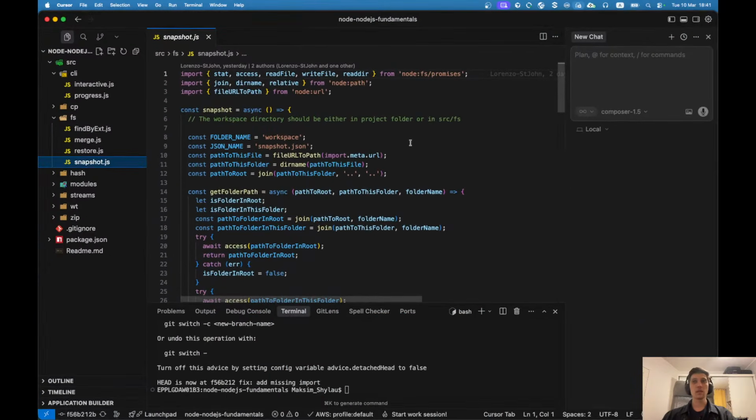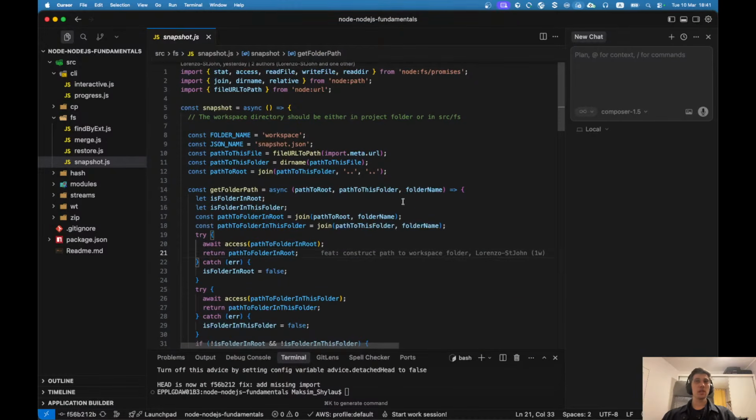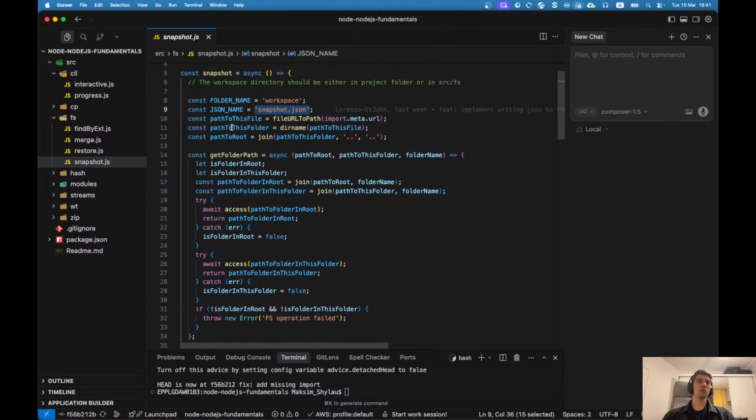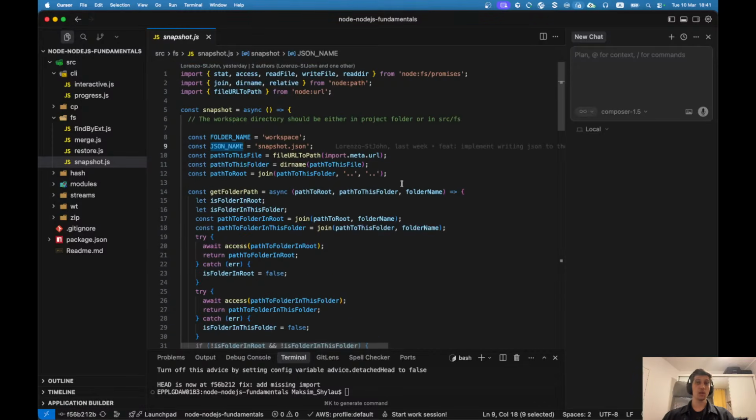Okay, snapshot. So we can see that we have some constants with important names, which is good because we don't want to follow the anti-pattern of magic values. So we do not hardcode this workspace folder. We do not hardcode inline, I mean, the name of the file. We put it into semantically named variables and use it in our code, which is good. But